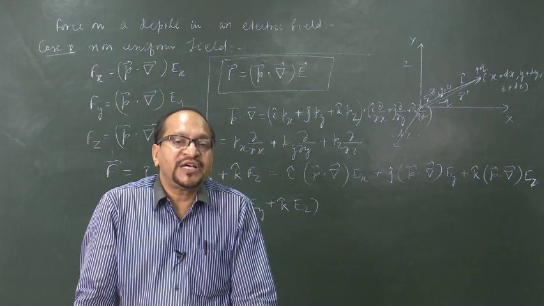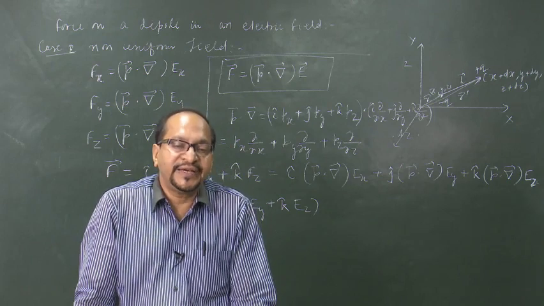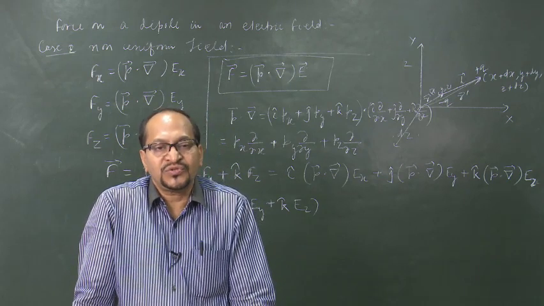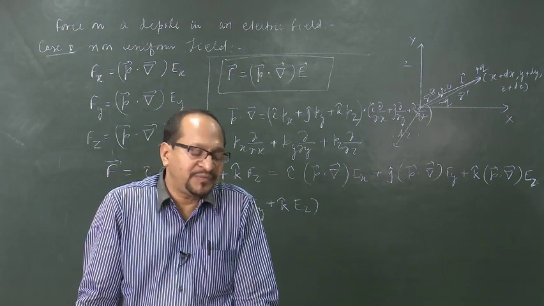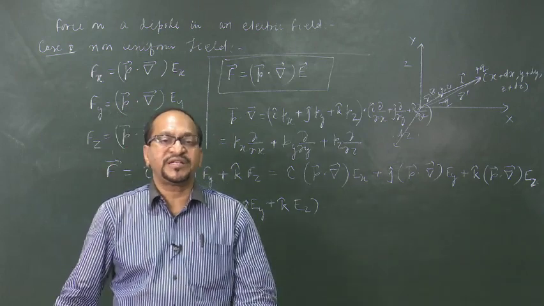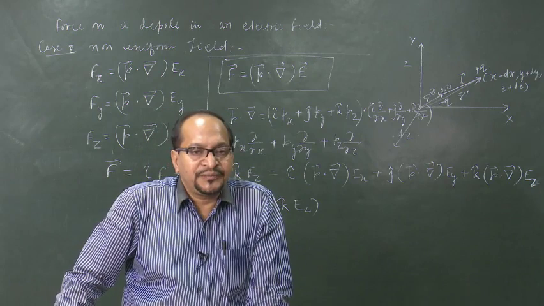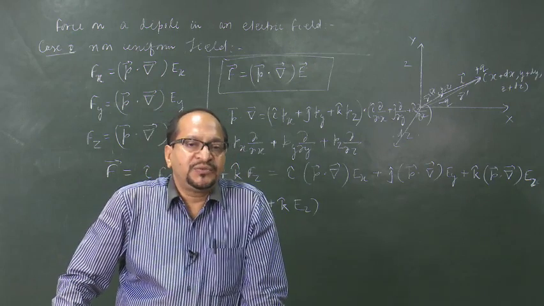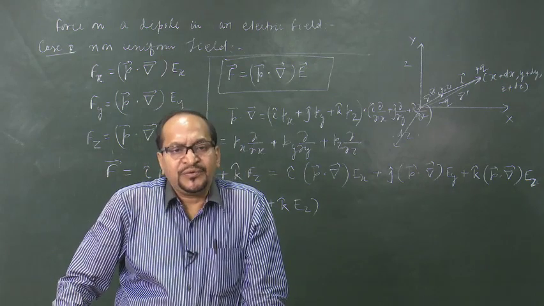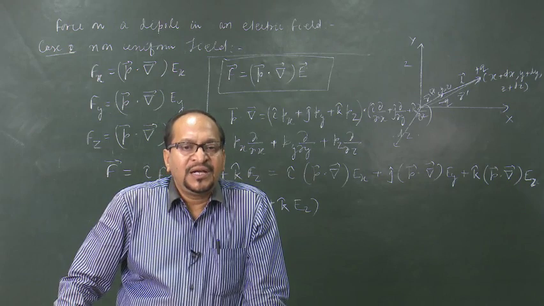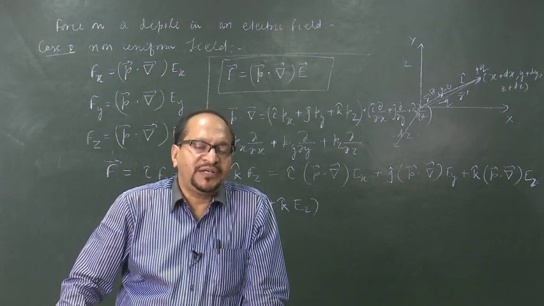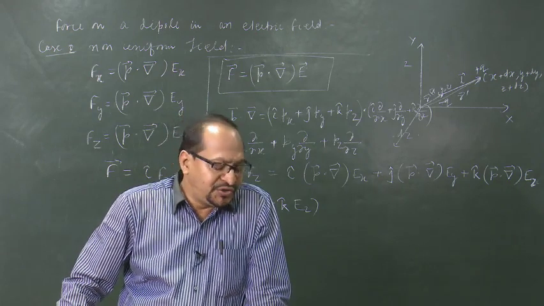Obviously, if the source charge is positive, we have to do work against the electric force. If the source charge is negative, the electrostatic force will do work in bringing the charge from infinity to that point. Hence, the electrostatic potential energy due to a positive source charge at a point is positive, and due to a negative source charge at a point is negative, and it is of course a scalar quantity. By convention, infinity is taken as the reference point, where we assume the potential energy to be 0.